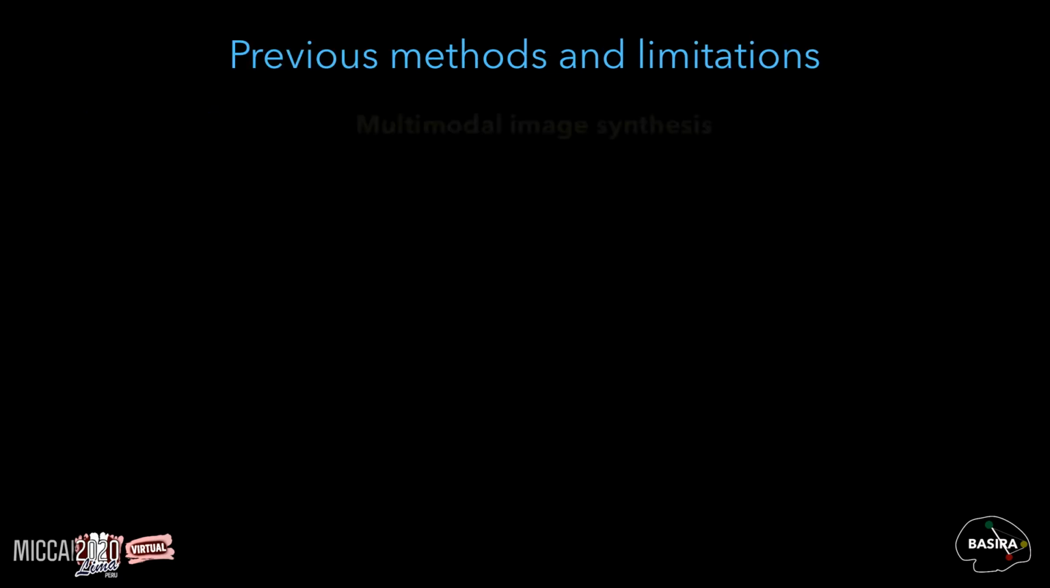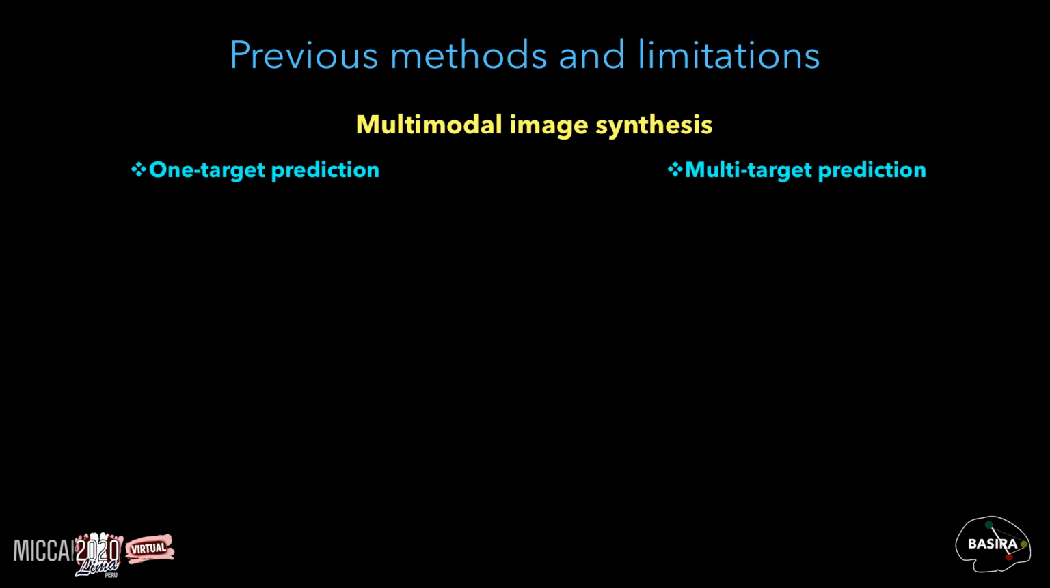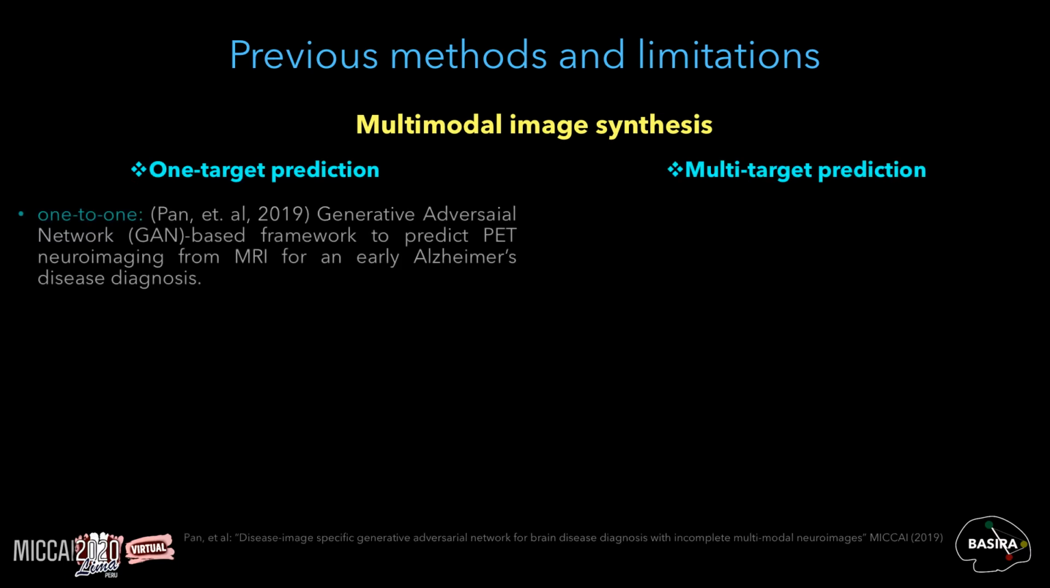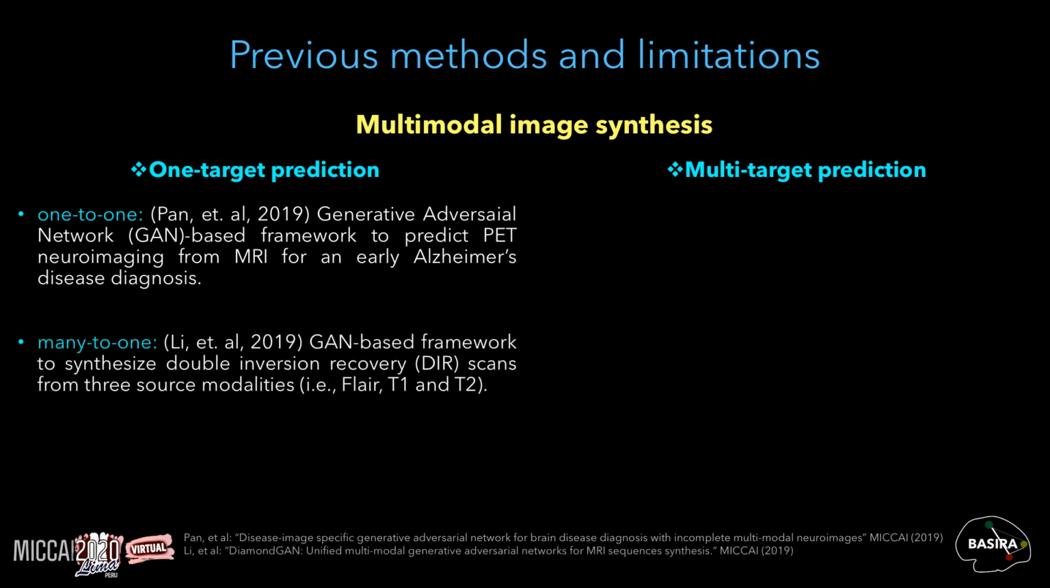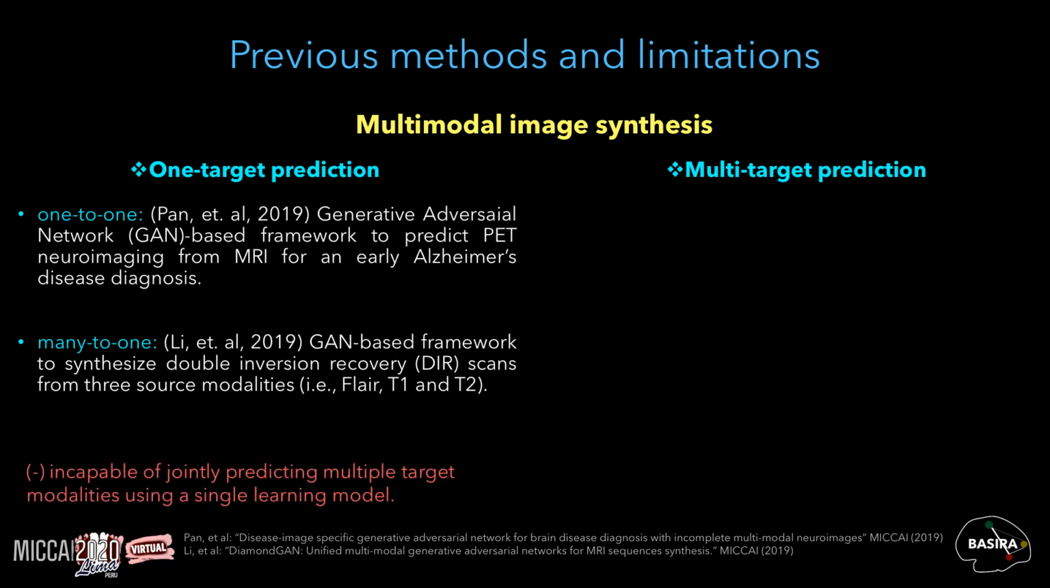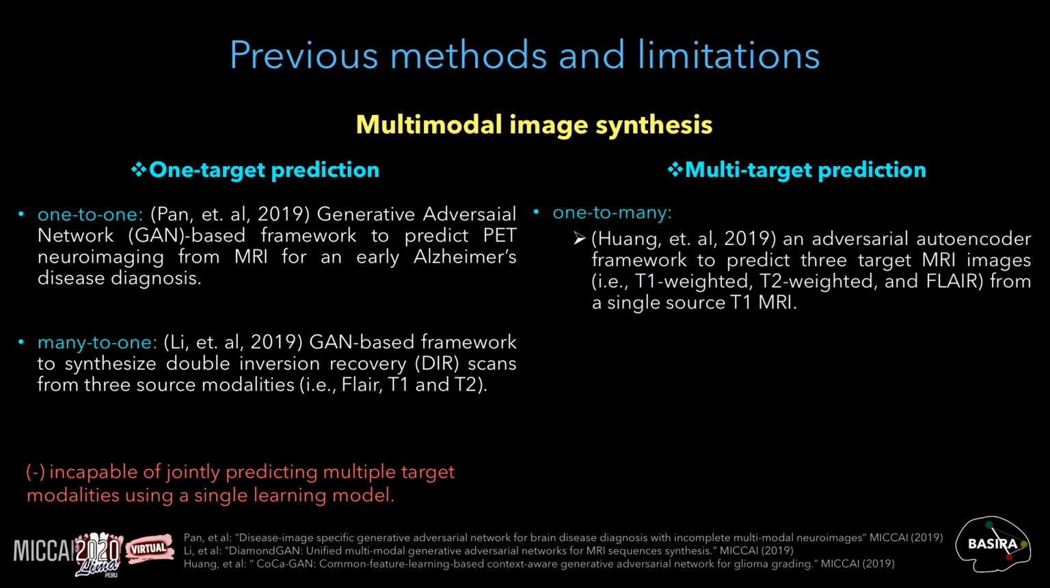Existing multimodal image synthesis studies are categorized into one-target and multi-target prediction approaches. In the first category, some studies make use of a single source data available to predict the target data, while some other studies used multiple source data for one target modality prediction. Since such frameworks are incapable of jointly predicting multiple target modalities using a single learning model, recent studies focused on